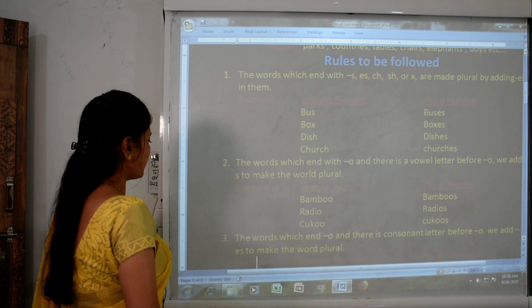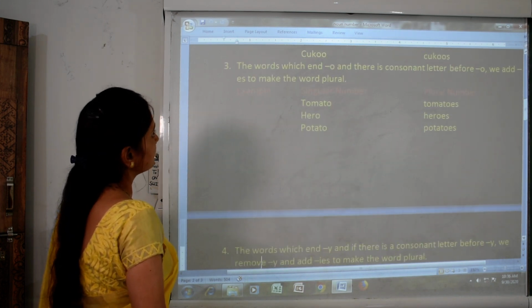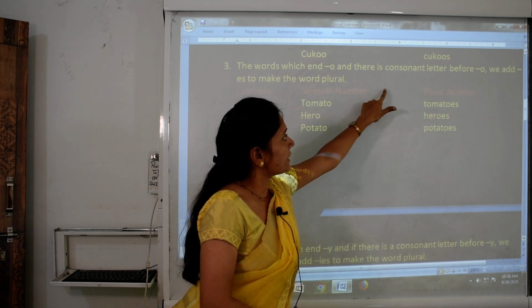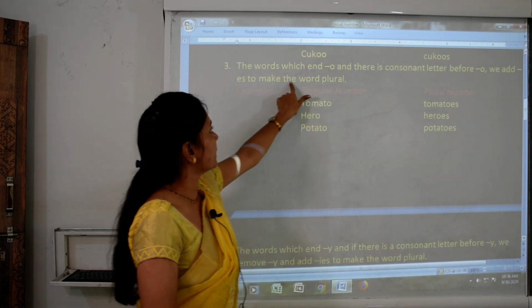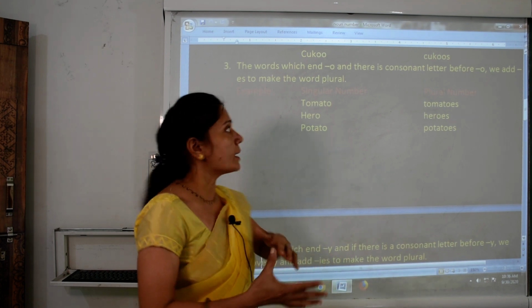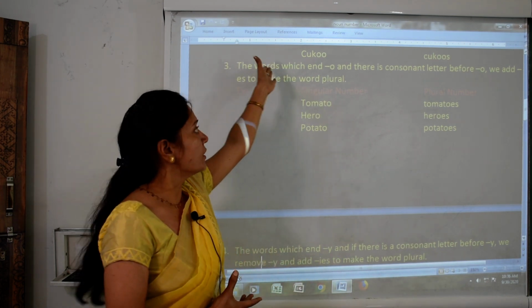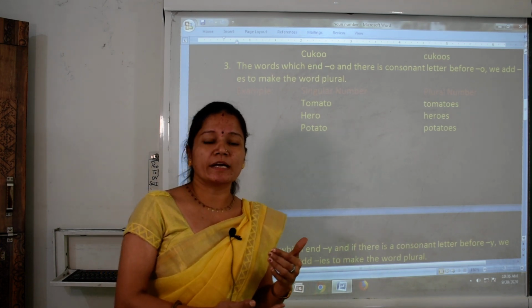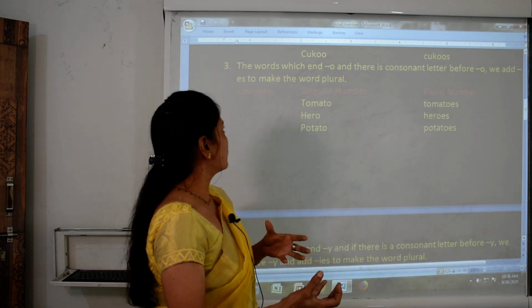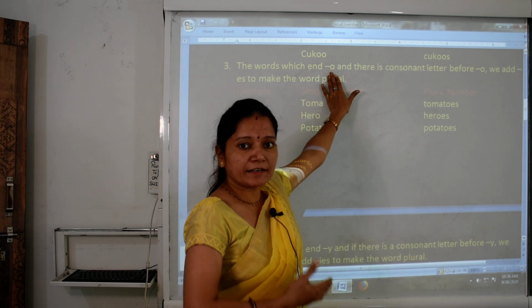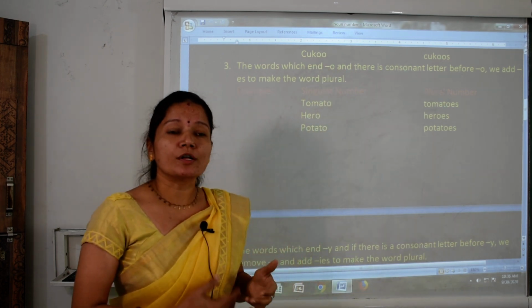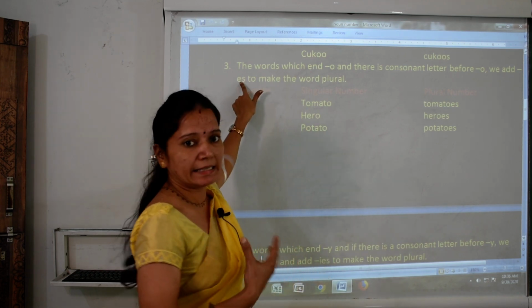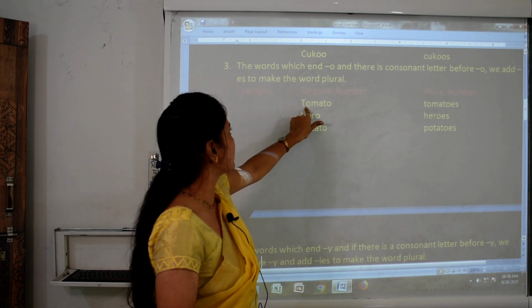Now let's see rule number 3. The words which end with o and there is a consonant letter before o, we add es to make the word plural. So it is just the opposite of rule number 2. What we saw there: if the last letter is o and before the o there is a vowel, we add s. But if the last letter is o and before o there is a consonant, what will we add to make the plural? Es. Okay, as you can see here, see the example: